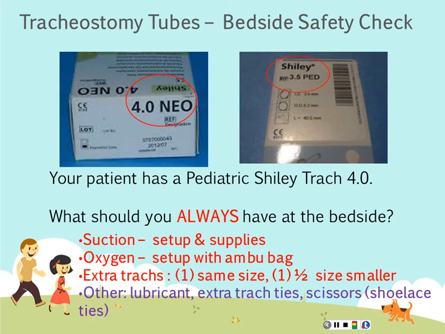Other things you may want to have at the bedside is lubricant. The main reason we would want to have some type of Surgilube or Sterilube at the bedside to use is that you never want to put something that's dry in something that's wet. For example, it's going to cause friction, it's going to cause further irritation. So we're not going to stick a dry trach in the oral airway that's always supposed to be moist, especially if it's already irritated. So you want to make that be able to go in smooth and not cause further